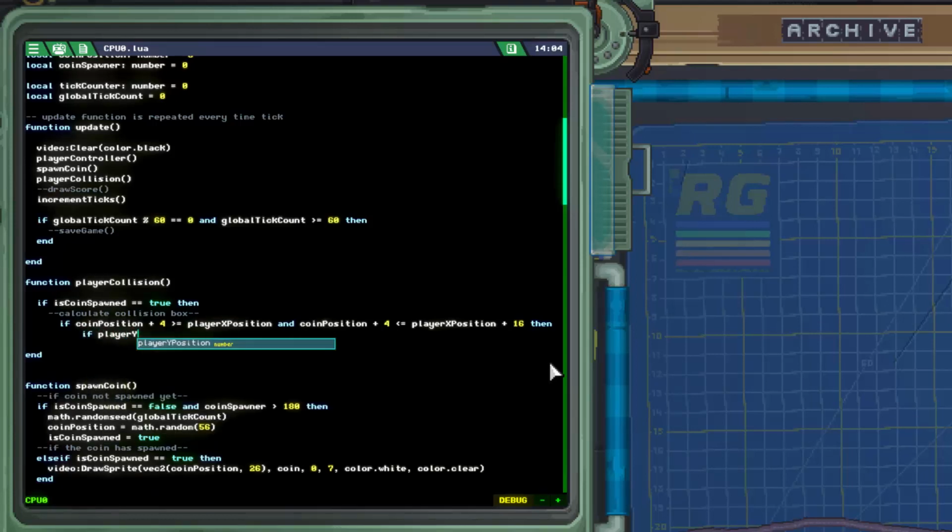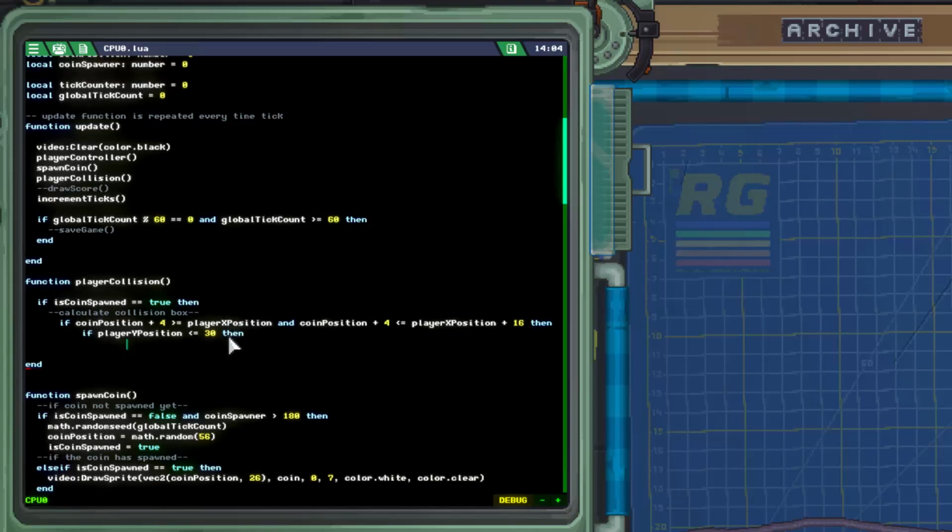So if player y position is less than or equal to 30, we know our coin spawns at coin position 26, right? So if the player gets up to 30, that means he's above the coin here. Then we are going to update our player profile first, right? So we'll say this is picked up coin condition,